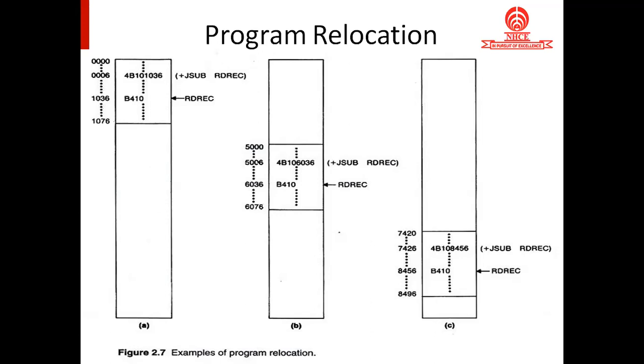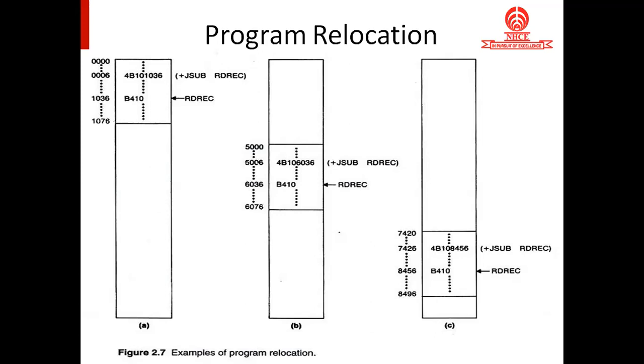So what you understand from these diagrams is that there might be a chance of relocating the program to different locations. As and when the program is executed, before that it has to be loaded into the memory. At the time of loading, at different times, the program might take different locations. The program might take location 5000, or it might take location 7420, which is mentioned in diagrams B and C. At different times, different locations can be given for the program. This is the concept of program relocation, because of which, as we could see from the diagram, the object code is getting changed.